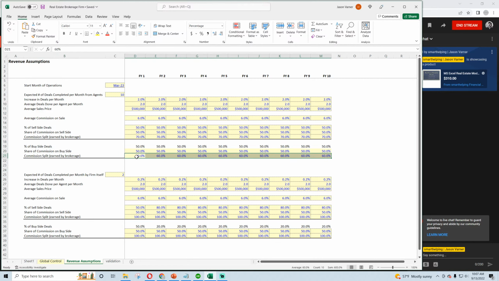And you can see we'll have this whole module for this section, sell side, for buy side, and for sell side and buy side of the second cohort. Okay, and so of that we take the total share for the sell side. Now the share for the agent is going to be